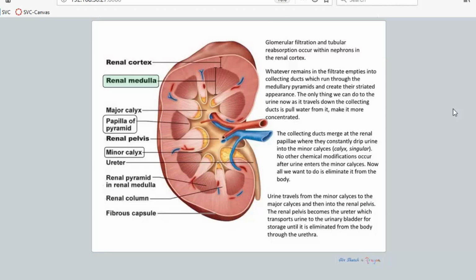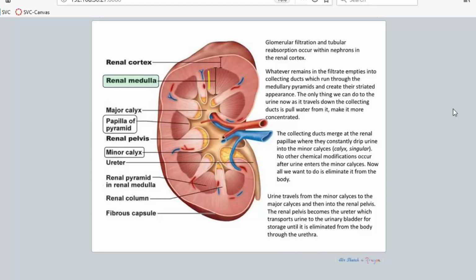And now I want to put this into context with this picture of the kidney here. So to remind you guys, most of the parts of those nephrons are up here in the renal cortex. So blood filtration and tubular reabsorption is happening in the renal cortex here. But then we have the renal medulla. And specifically we have these medullary pyramids here. And you notice that these medullary pyramids have this striated appearance to them. Well, those striations are due to collecting ducts. Those are collecting ducts that we're actually looking at there. So what's going to happen is this